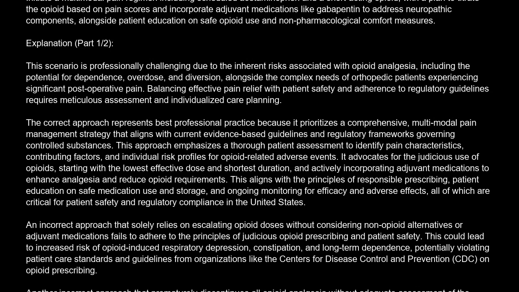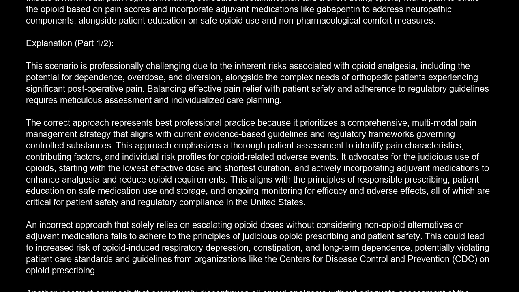The correct answer is B. Initiate a multimodal pain regimen including scheduled acetaminophen and a short-acting opioid, with a plan to titrate the opioid based on pain scores and incorporate adjuvant medications like gabapentin to address neuropathic components, alongside patient education on safe opioid use